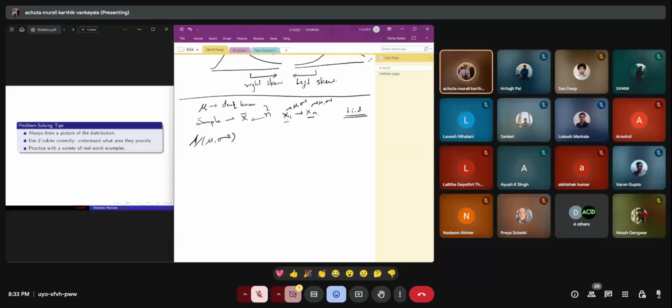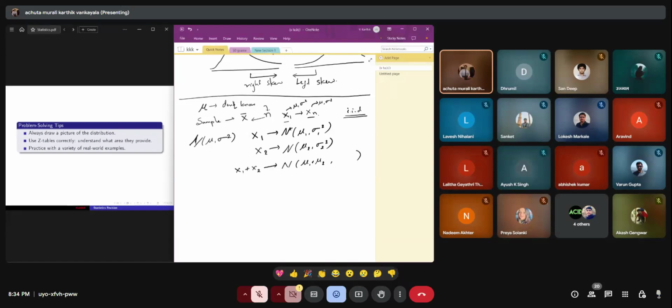Suppose the population is normal, mu, sigma square. Then we have one property of normal distribution: if we add two normal distributions, we again get a normal distribution. That is, suppose you have x1 as normal mu1 comma sigma 1 square, and x2 another random variable normal mu2 comma sigma 2 square, right? So when you do x1 plus x2, you again get another normal distribution, mu1 plus mu2, and the variance would be